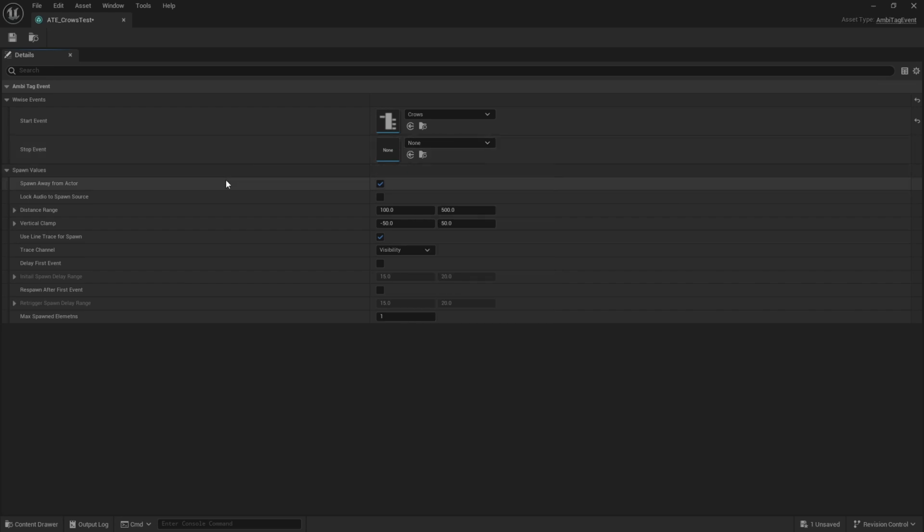For the spawn values, we can select whether we want the sound to spawn away from the actor, whether we want to attach the sound to an actor, so it would move with that actor in the world, the distance we should spawn a sound at from the actor in the world, a vertical clamp to add to that distance, whether we should use a physical line trace to prevent the sound from spawning beyond a physical blocker, the trace channel for that line trace, whether we should delay our first spawning event, a time for that range, so